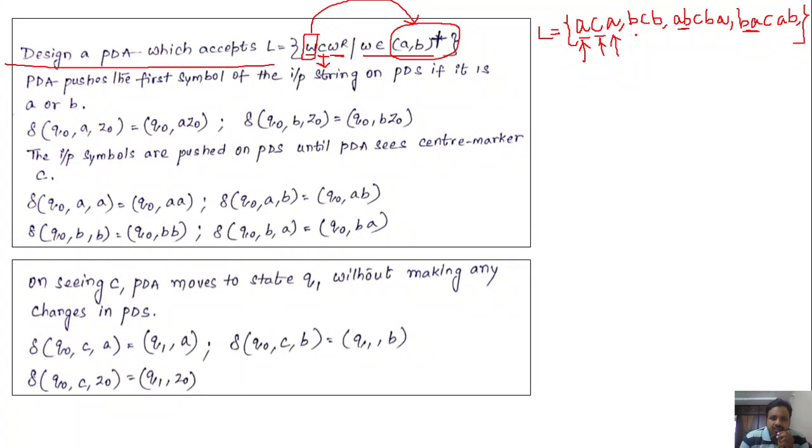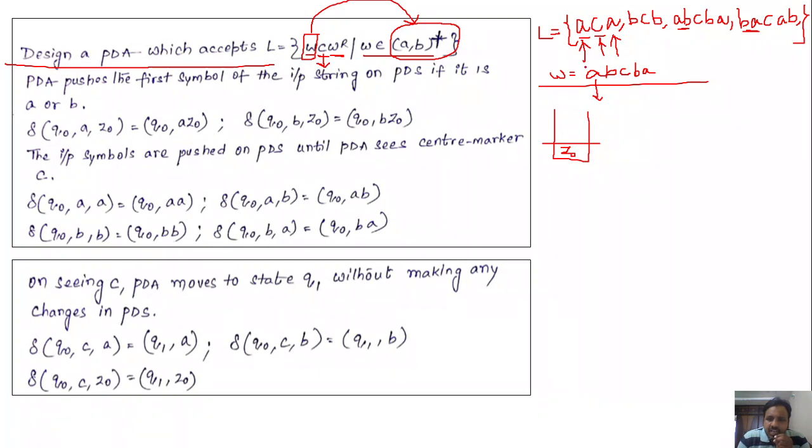So how do we construct the pushdown automata for this particular type of language? Let me take one string and implement it using the stack. I take the word as ab, followed by the character c, followed by its reverse, ba. How do we implement this pushdown automata to accept such strings? The first character could be either a or b. Whatever the symbol, either a or b, you have to push it onto the stack.